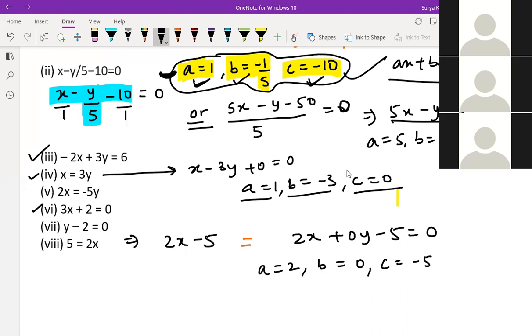Okay, children, today this much is enough. Next class we'll do the next exercise and there will be more questions. Anyone having doubt till here, children? No doubts, sir. Sir, for the test, the full lines and angles will be there, right? Yeah, in this Sunday test, you have full lines and angles, children.